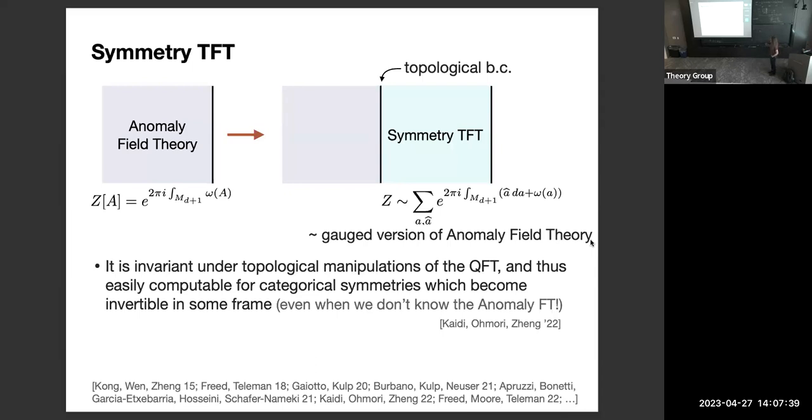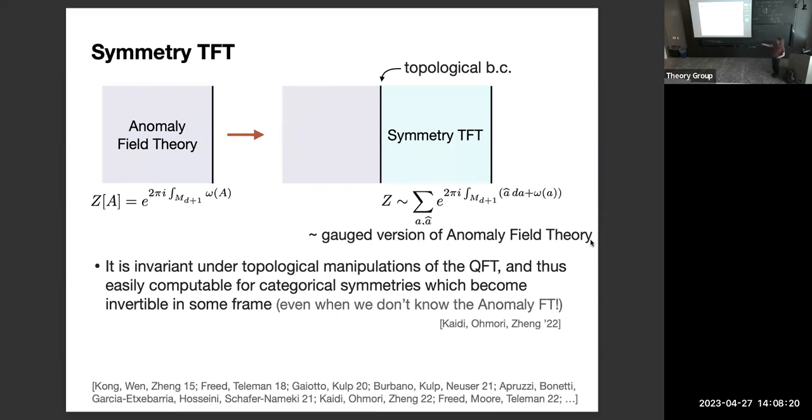Whenever I have this picture, for example with this explicit anomaly field theory, I basically just gauge all of the fields that were background fields in this picture. So I've promoted this background A to a little a, it's coupled to its quantum. But typically that would not result in a topological field theory, right? If you just started with the standard triangle anomaly and did that, it wouldn't be a topological field theory. Or at least we wouldn't know what we're doing. 5D Chern-Simons theory for a U(1) gauge field, I'm not sure we know what that really is.